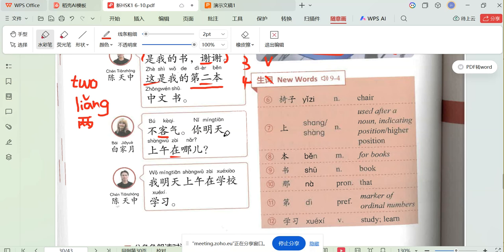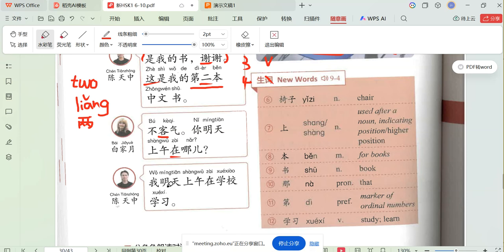你明天上午在哪儿？Tomorrow we should do it now. 你明天上午在哪儿？明天上午. Let's pronounce them clearly. 明天。你明天上午。上午。在哪儿？You tomorrow morning where? So where are you? Where will you be tomorrow morning? 在哪儿？